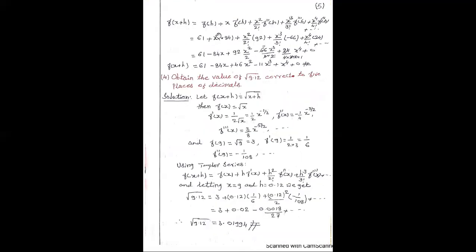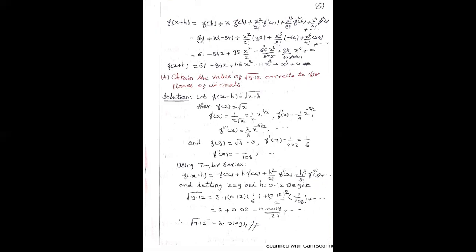So substituting these values in the Taylor's theorem. These values are known to you. Then just apply the theorem. What is the theorem? The theorem is f of x plus h is equal to... So you want in the ascending powers of what? x. So therefore you have taken that f of x plus h is equal to f of h plus x f dash of h plus x square upon 2 factorial f double dash of h, then plus x cube upon 3 factorial f triple dash of h plus x to the power 4 upon 4 factorial f fourth dash of h, and so on. Then these values are known to you.